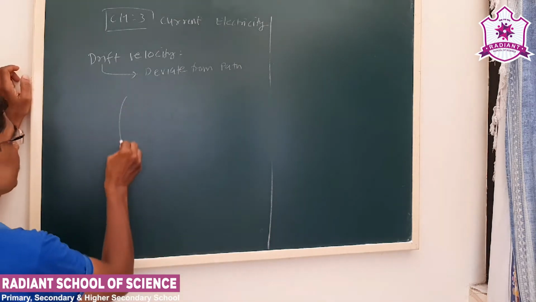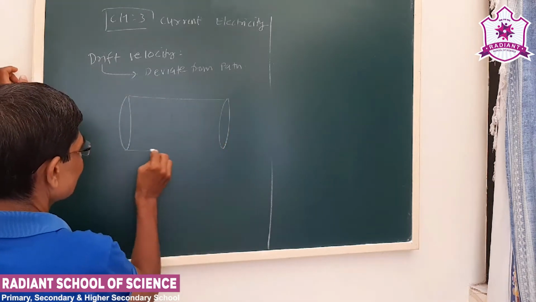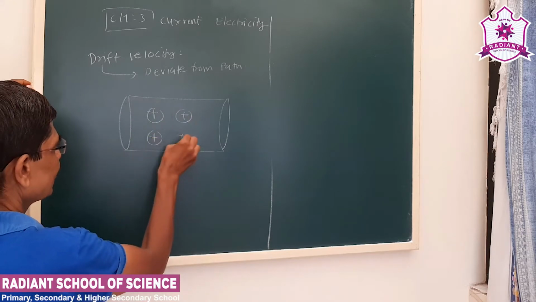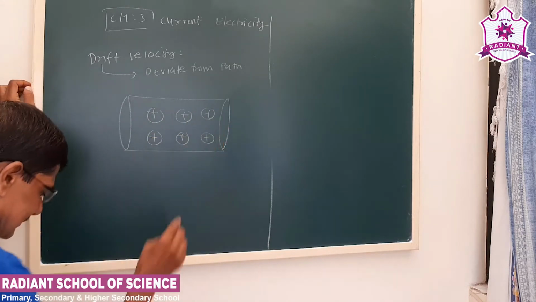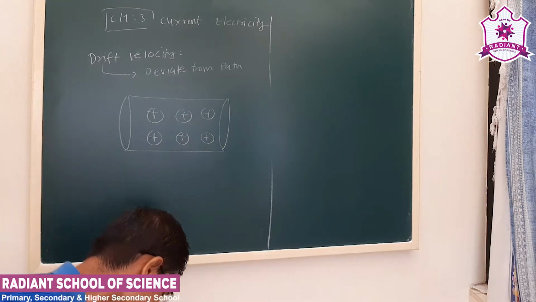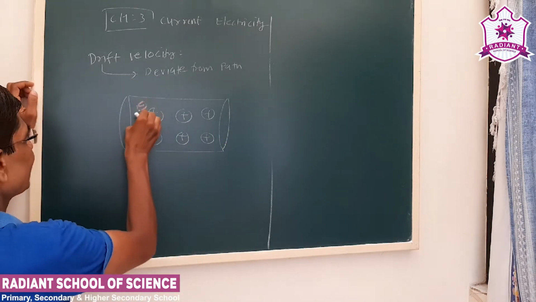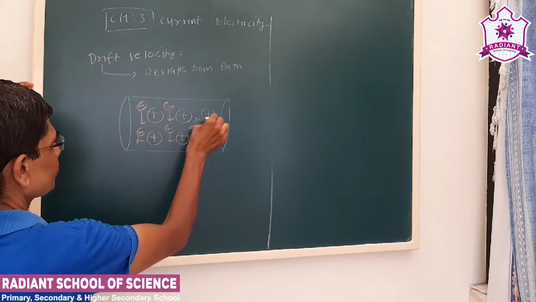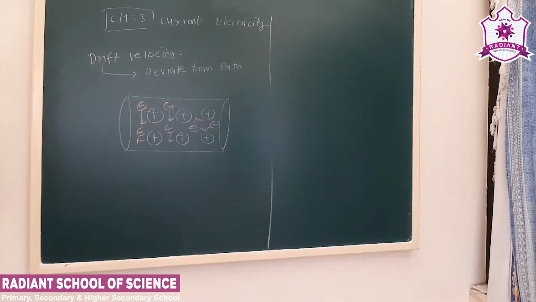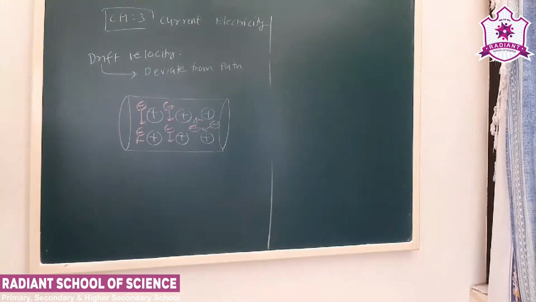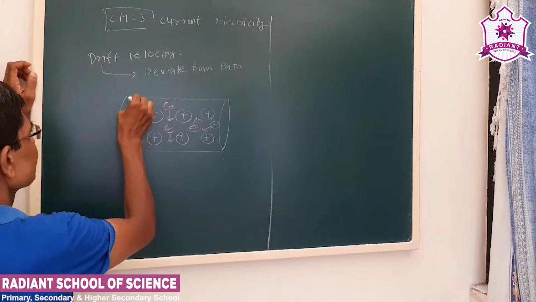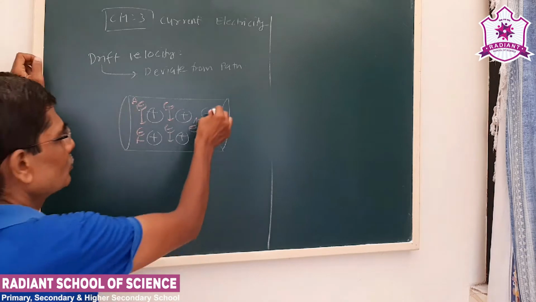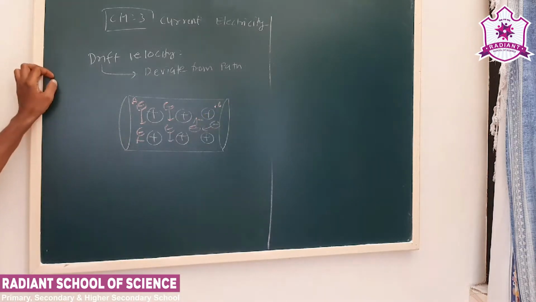Now see, a cross section of a conductor is there. See the positively charged particles in the lattice condition, and electrons are moving randomly in the space between them. Also this charge produces electric field. Now let us say a charge has to move. Now assume that an electron has to move from A to B. Now what happened?